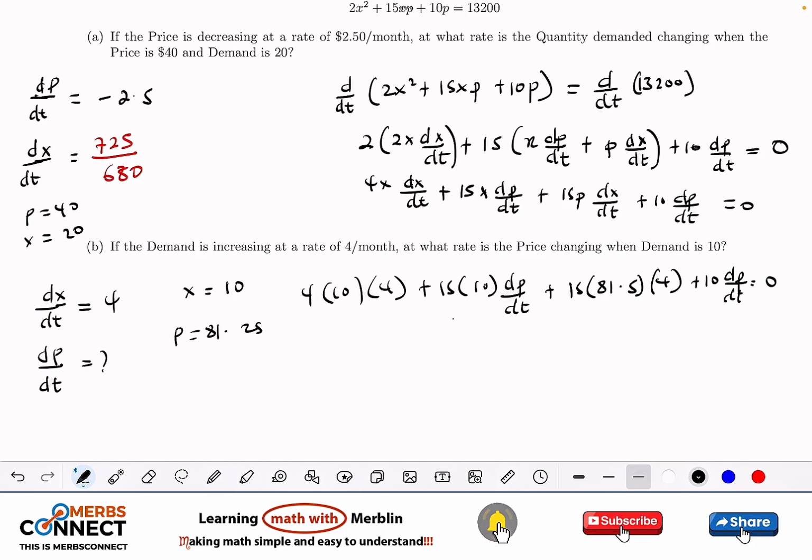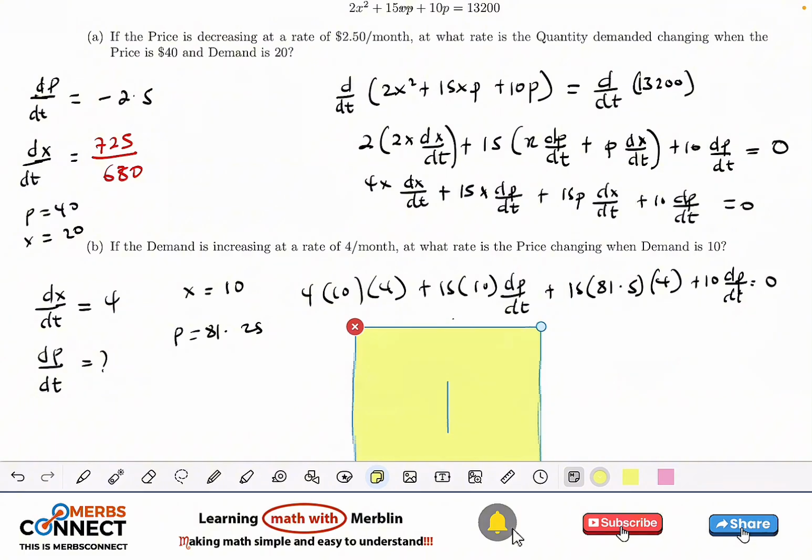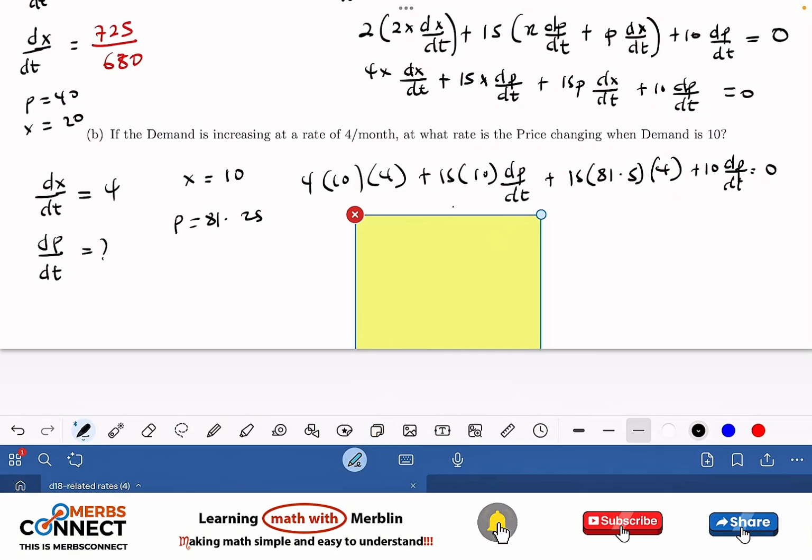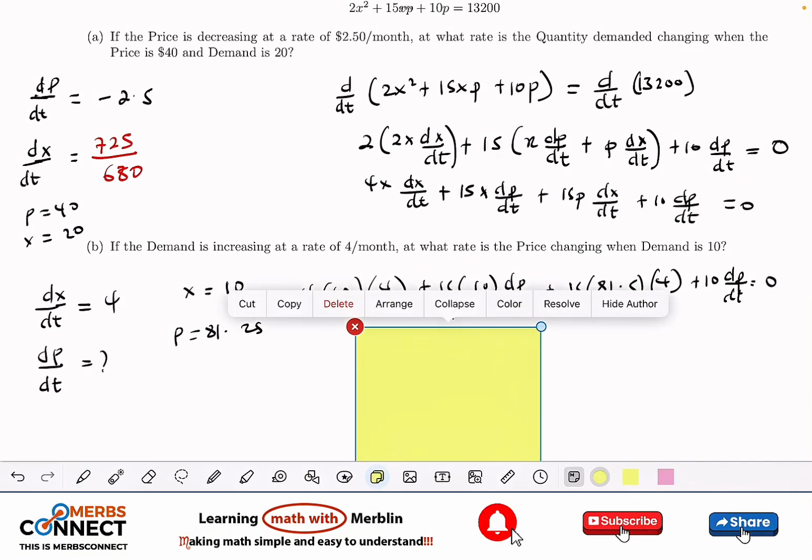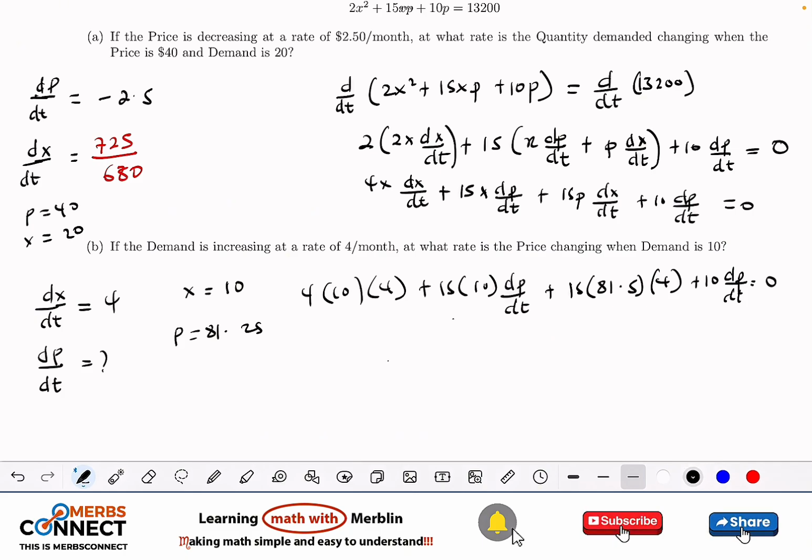So 4 times 4 is 8. 8 times 10 will be 80. Okay, so we are going to have 80 plus 150 dp over dt plus 15 times